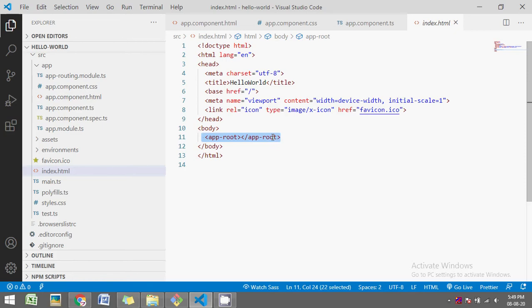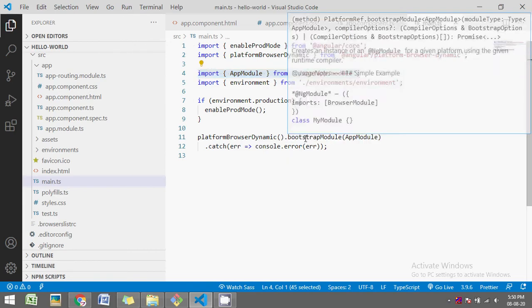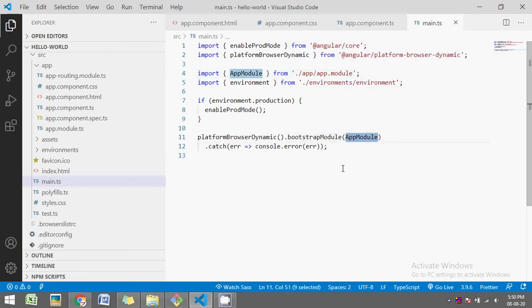So let's look at the code of each file and try to make some changes in our default page. Main.ts is the entry point of our application. .ts is the extension of a TypeScript file. TypeScript is an open source programming language developed and maintained by Microsoft. It is a superset of JavaScript. In simple words, TypeScript is JavaScript plus some additional features. We will explore these features when we move on to develop our application. So here in our main.ts file, we are executing bootstrapModule and passing AppModule as a parameter. Where does this AppModule come from?